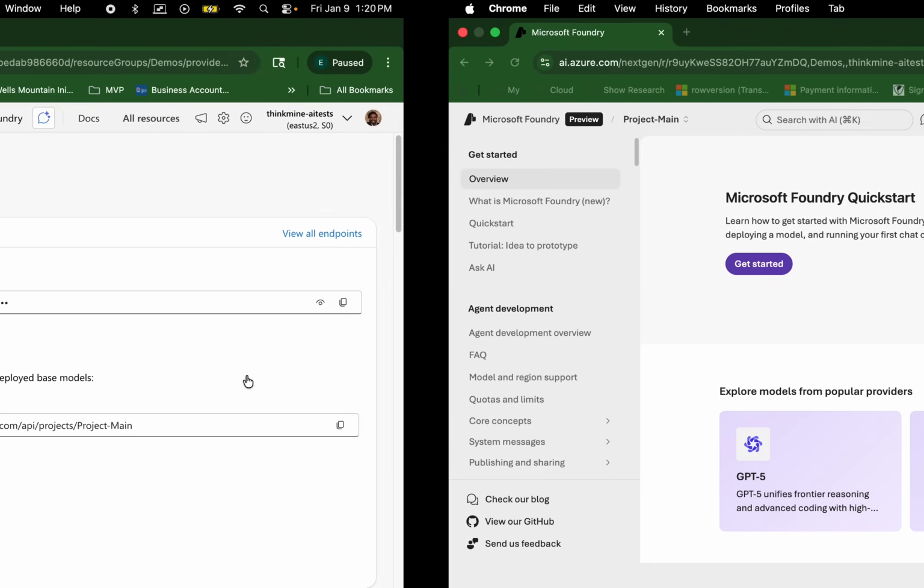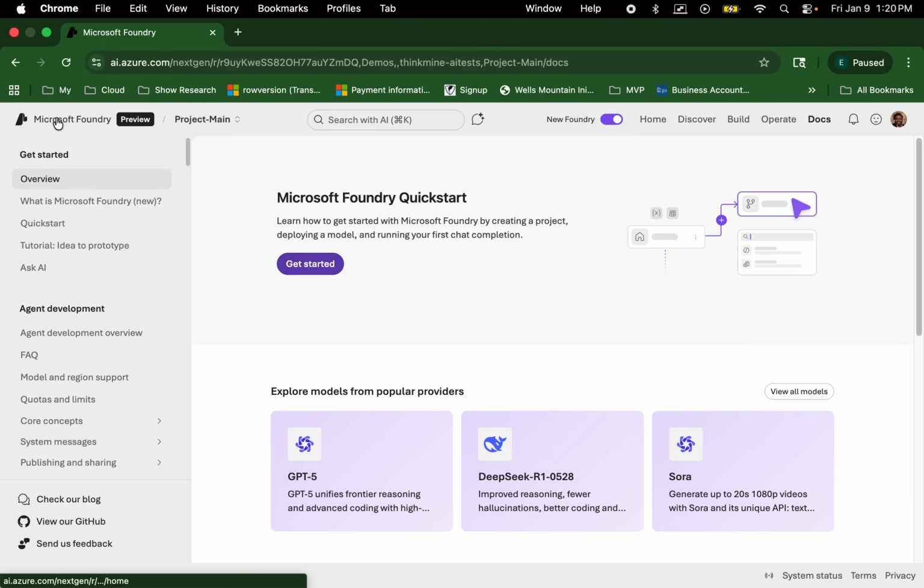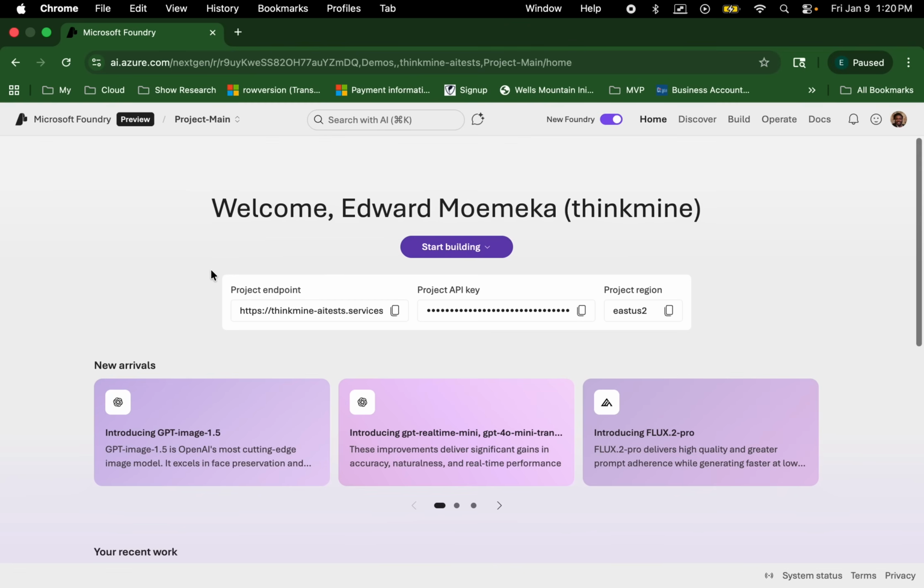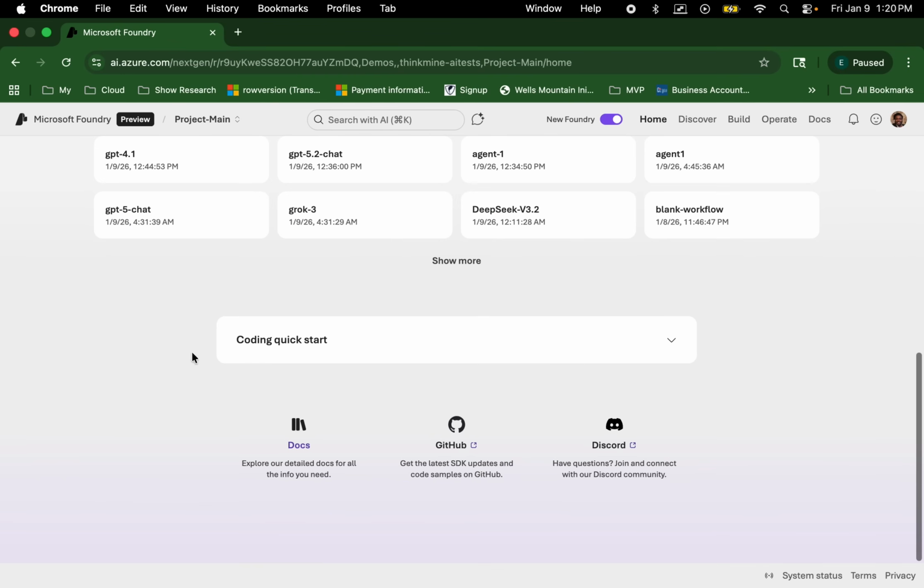Now in the new model, you don't get access to the SDKs, but you do get the same project endpoints, the same API keys and regions. And in terms of SDK, you don't have anything like that, but you do have this coding quick start for now